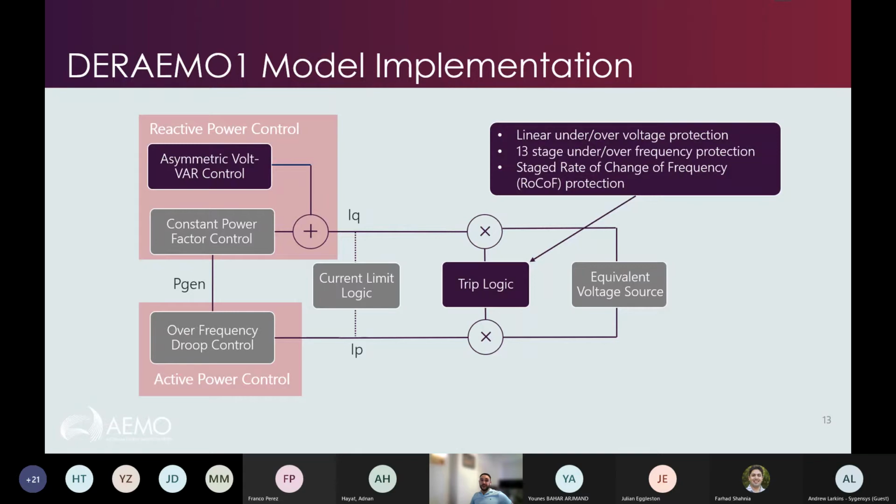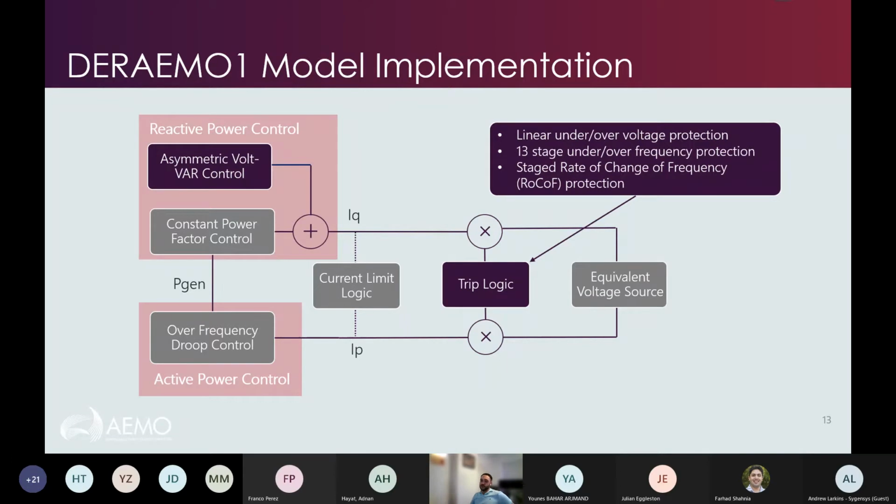So in terms of the DER model implementation, the WECC and the NERC actually released what's called the DERA model, and it provided that initial benchmark representation of rooftop PV and inverters. However, AEMO identified that it didn't represent several of the characteristics of DPV that were known to occur in the NEM, primarily because our testing wasn't as stringent as it should have been, and the AS4777 standard wasn't as, I guess you could say, detailed as it should have been. But the latest standard, which will be implemented in December or January this year or early next year, aims to sort of capture these and